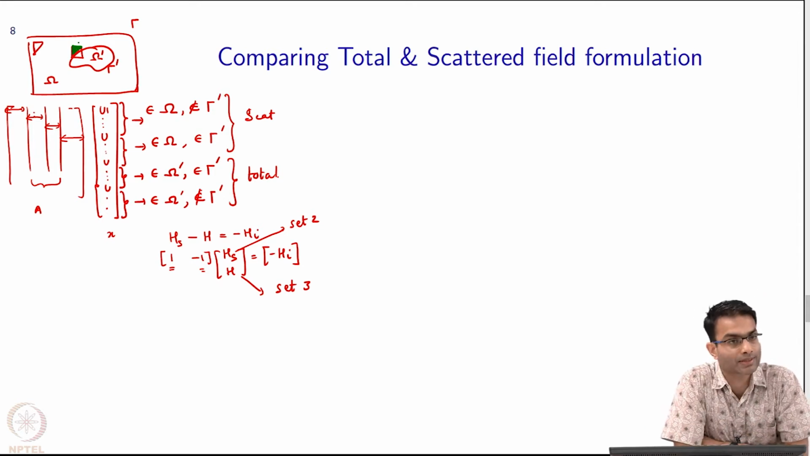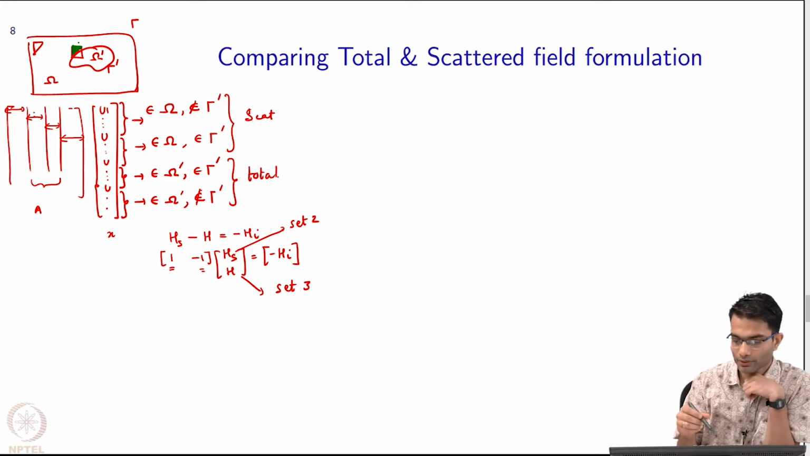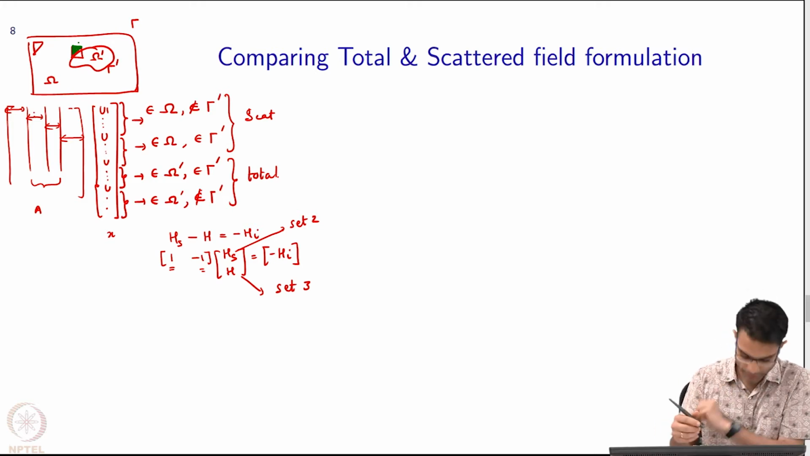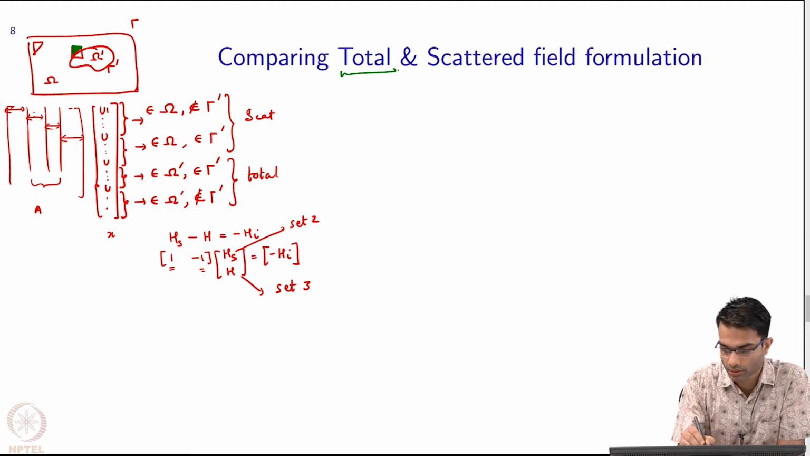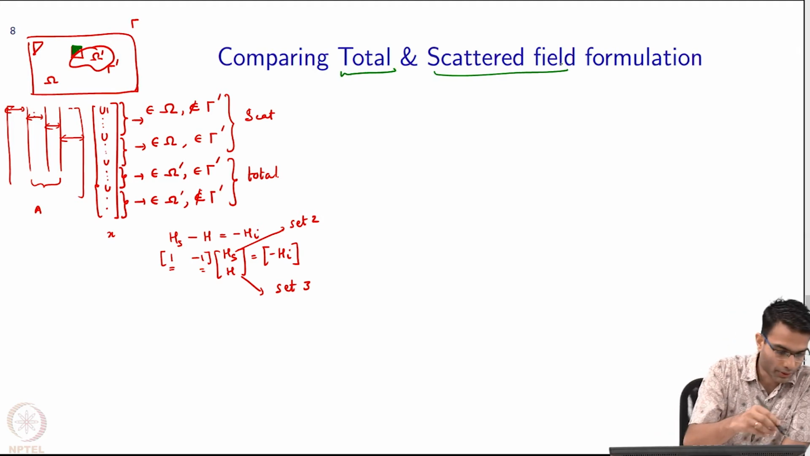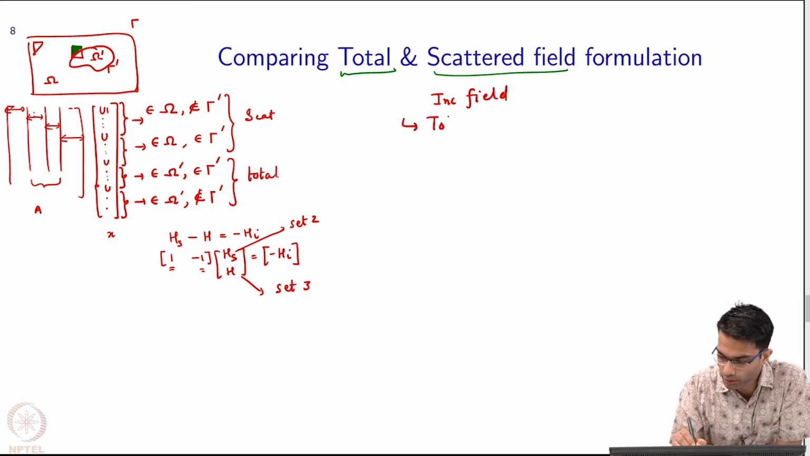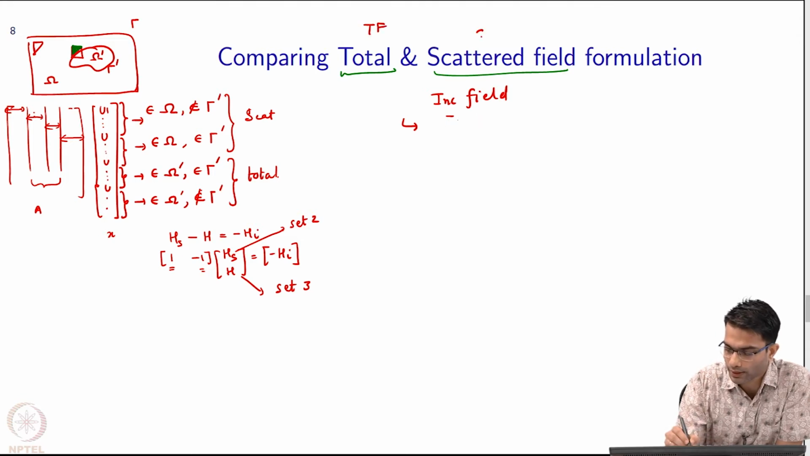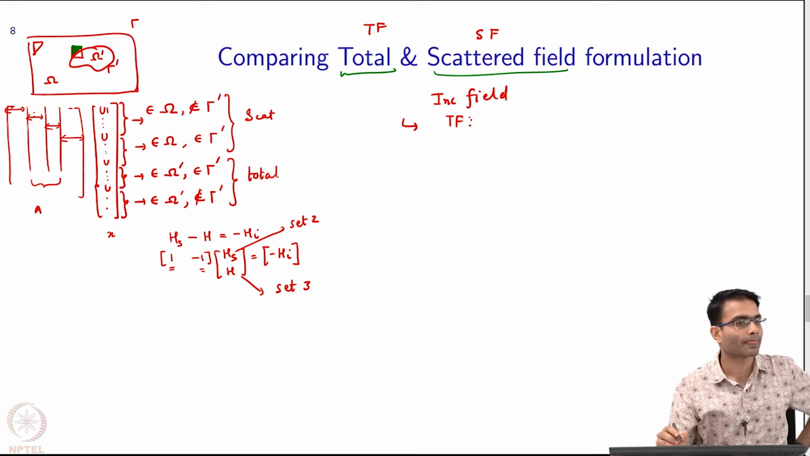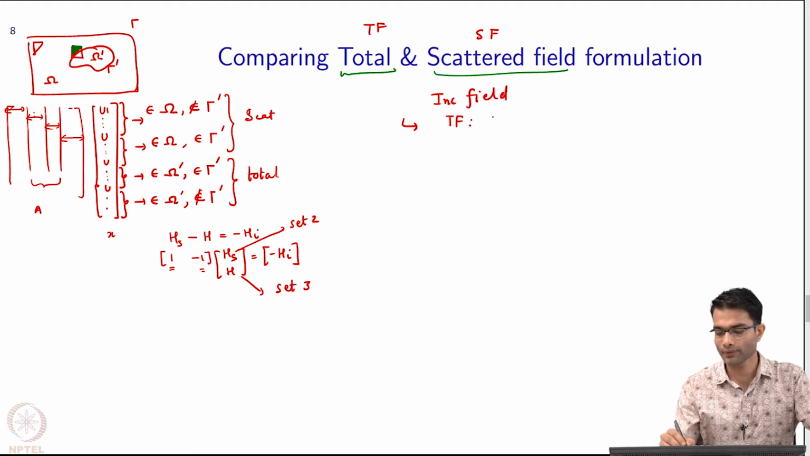So, what has happened is the incident field, right. Now here we can get into the comparison between the total and the scattered field. Let us call it total field TF and scattered field SF. Okay. So, this is TF and SF. In TF, where did the incident field appear? The incident field appeared at